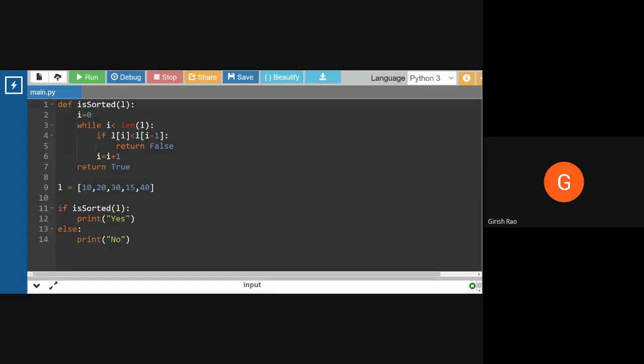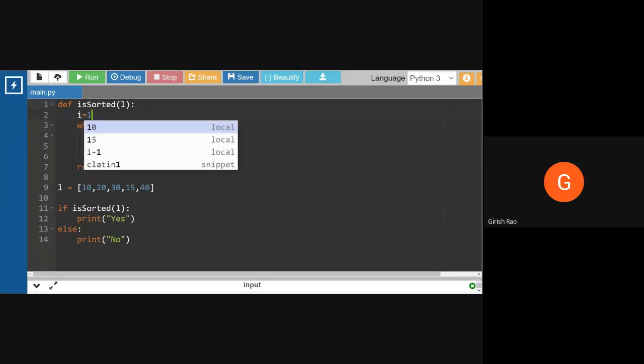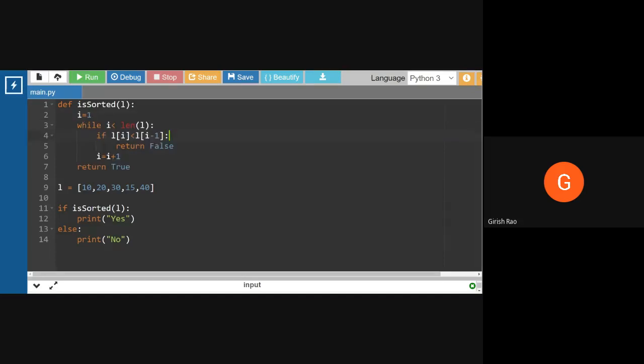It came over here, and I said length of L. What is the length of L? 5. If L of i is less than L of i minus 1. So if I take i equal to 0, it won't work, so I will have to say i is equal to 1. If L of i is less than L of i minus 1, is this less than so and so? Then straight away return false. Otherwise, keep on doing it.